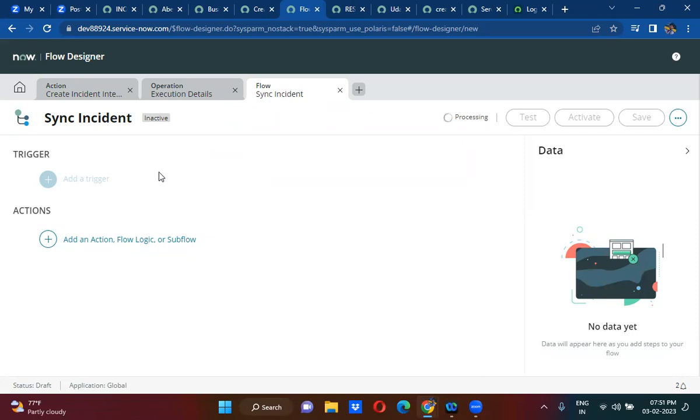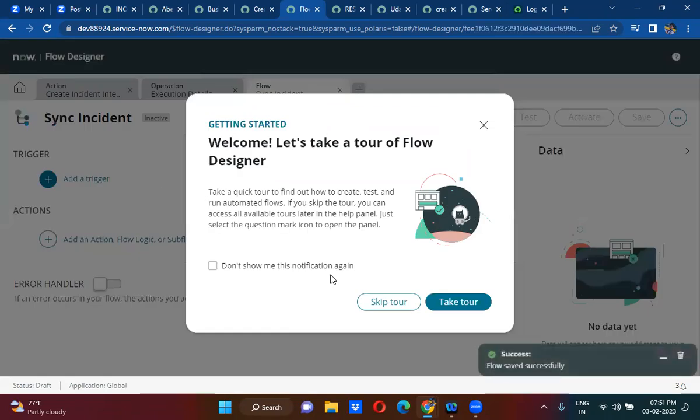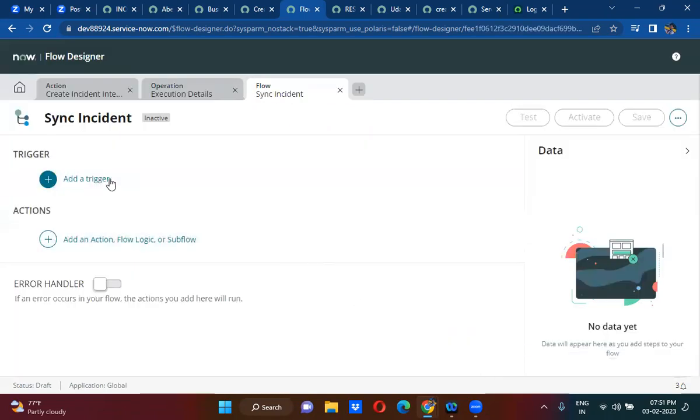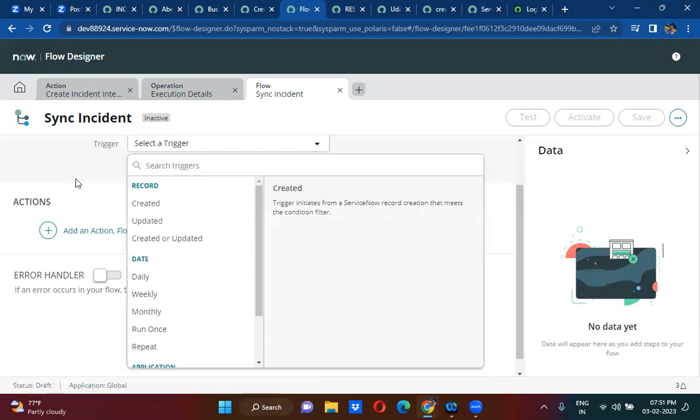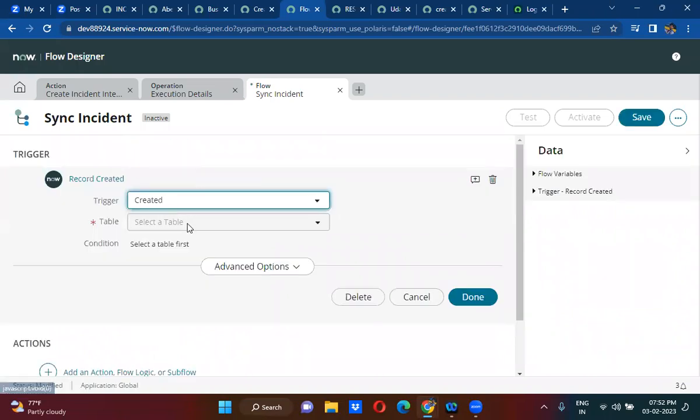When it comes to the flow designer, the first and foremost thing we have to understand is the trigger. As I have already told you, this flow designer can be used as a business rule, as a scheduled job, as a workflow. It can be used for integrations as well. So here, when an incident record is created in the incident table,